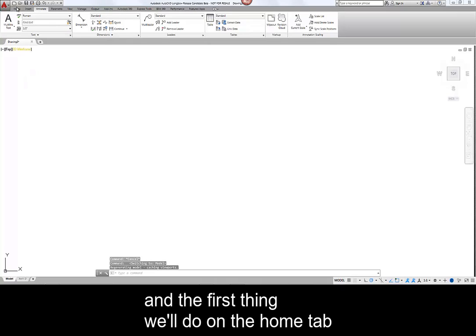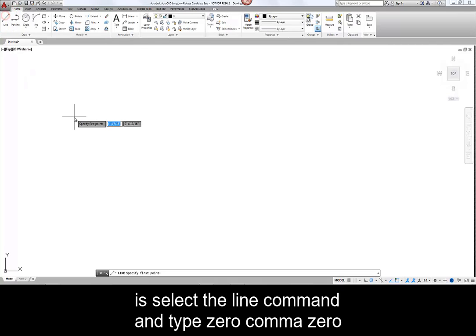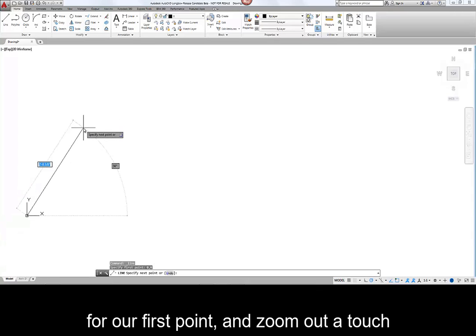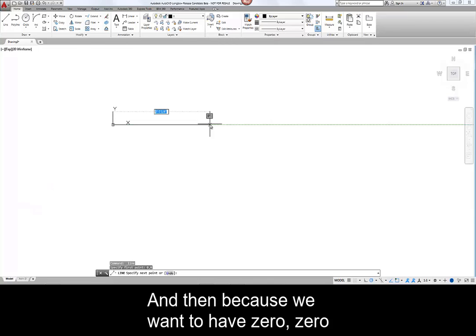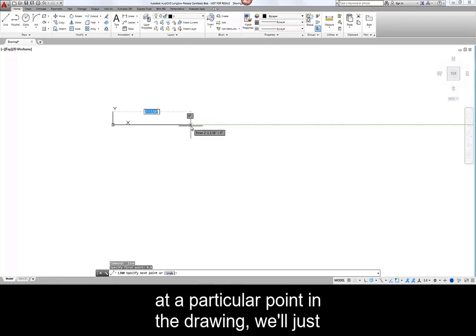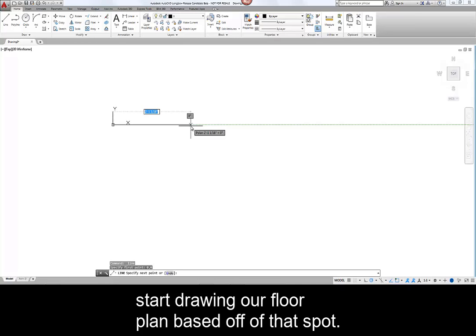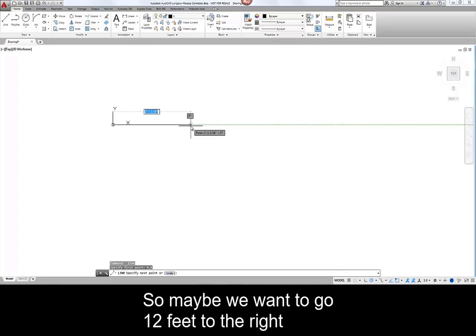And the first thing we'll do on the Home tab is select the Line command and type 0,0 for our first point. Might zoom out a touch so that we can see where that went. And because we want to have 0,0 at a particular point in the drawing, we'll just start drawing our floor plan based off of that spot. So maybe we want to go 12 feet to the right